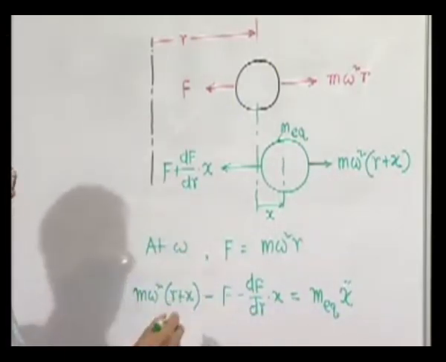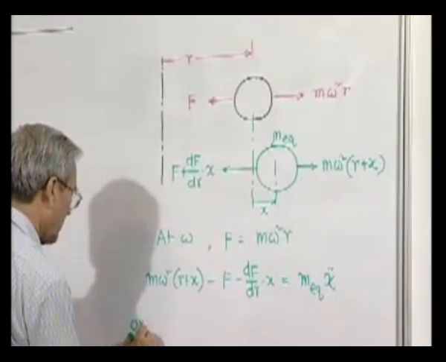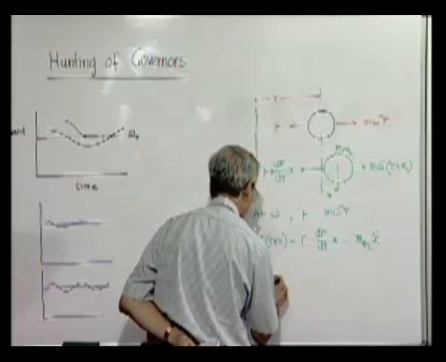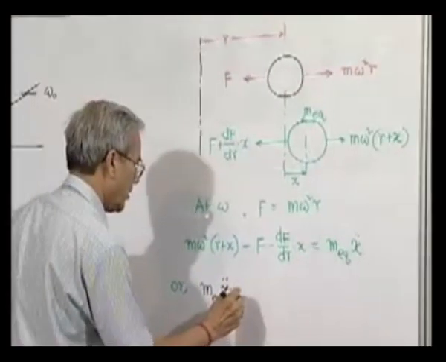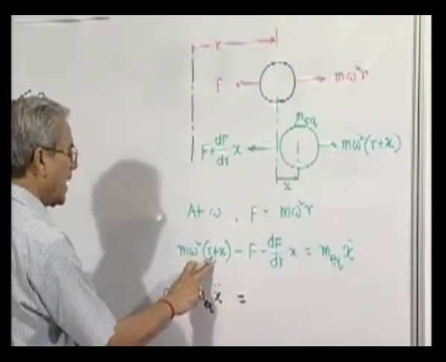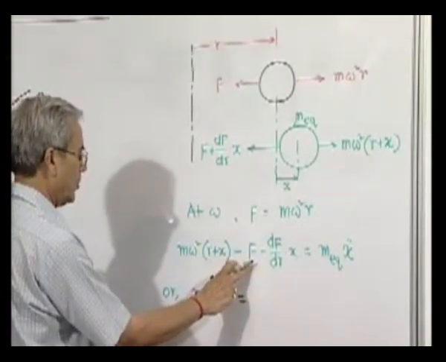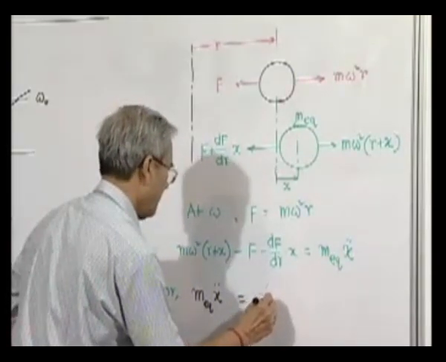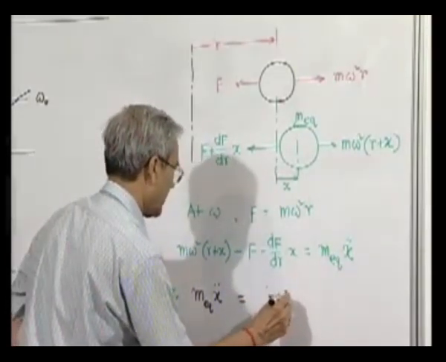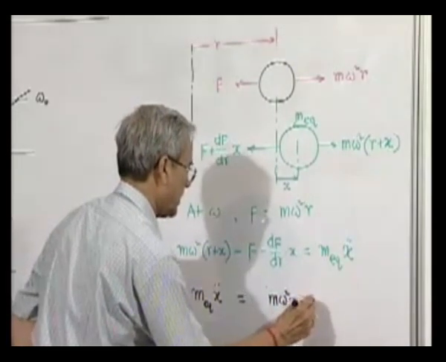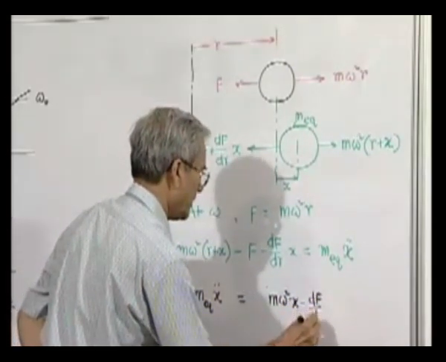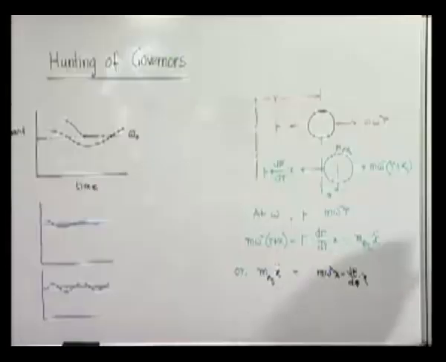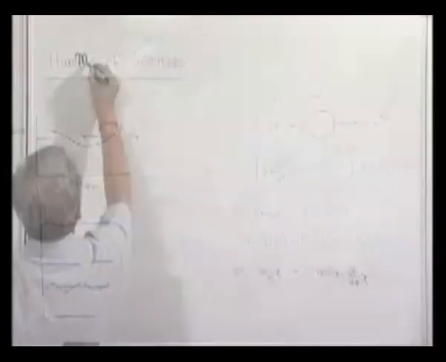Now, here we get M equivalent x double dot is equal to m omega square r minus f, which is 0. So, what remains is m omega square x minus df/dr into x. Rewriting, so rearranging this, we get